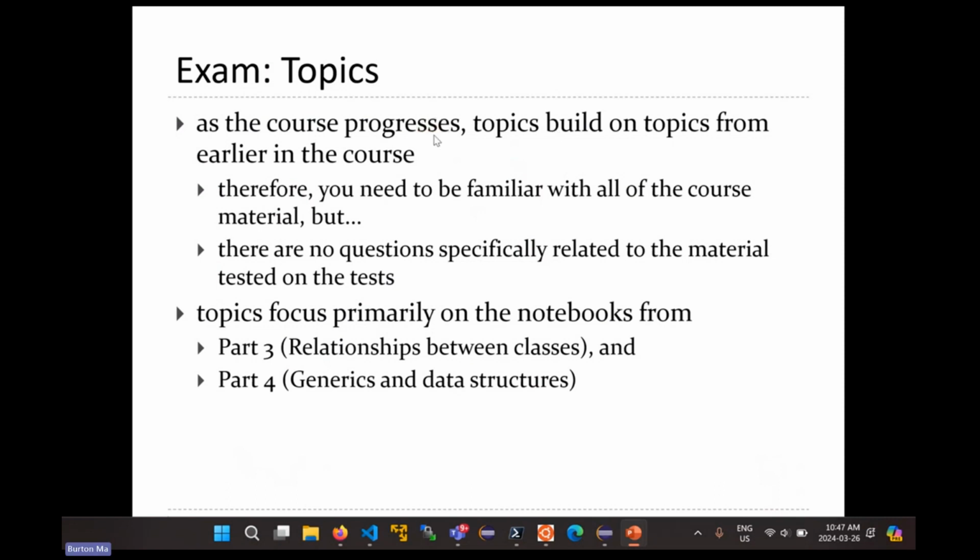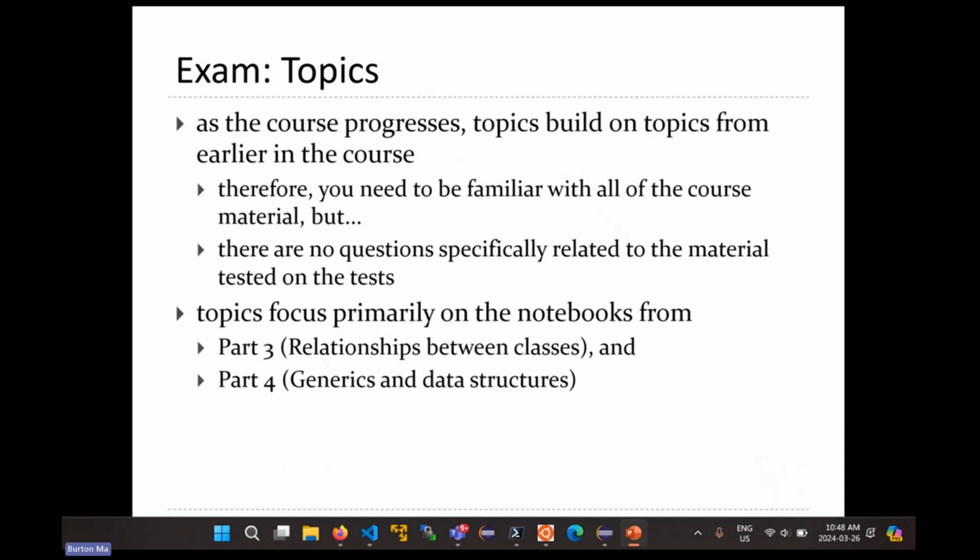For the purpose of this course, I always get asked what's on the exam. I tell people that the exam is not comprehensive. But the problem with this course is that it builds from day one all the way to the last day in the course. If you don't understand the material earlier in the course, you're going to have a lot of trouble at this point in the course. So you need to be familiar with all the course material, but I'm not actually asking you about all of it. Anything that was tested previously, I'm not going to ask you about again, which means I'm not going to ask you to cook up a class that does something relatively straightforward from scratch again. So instead, the exam topics